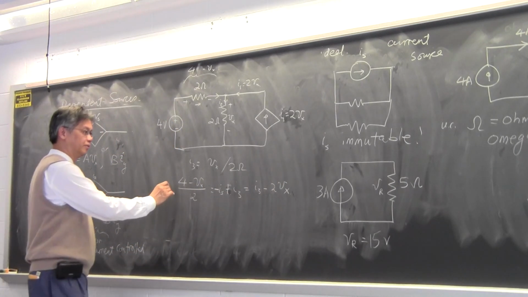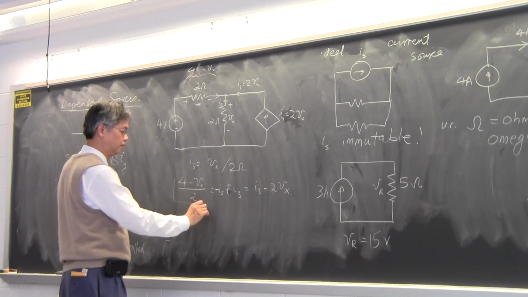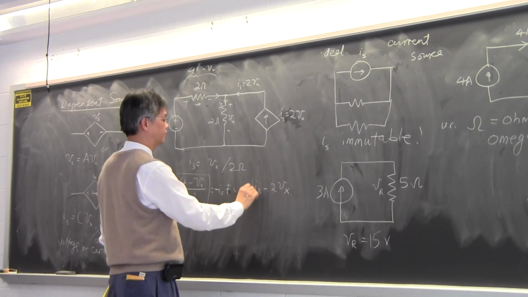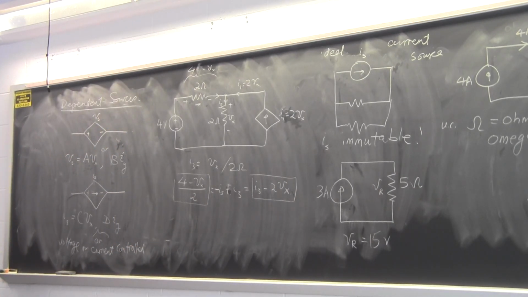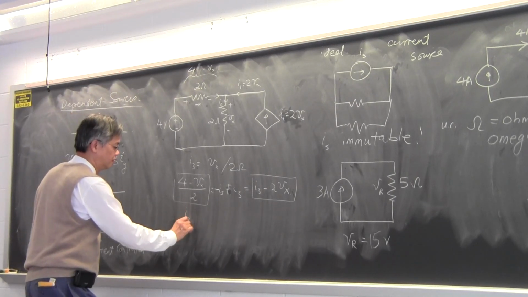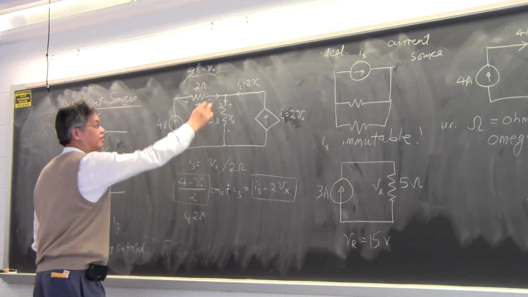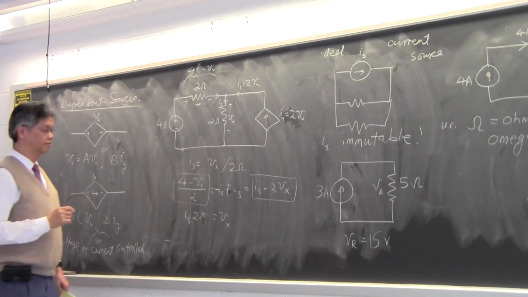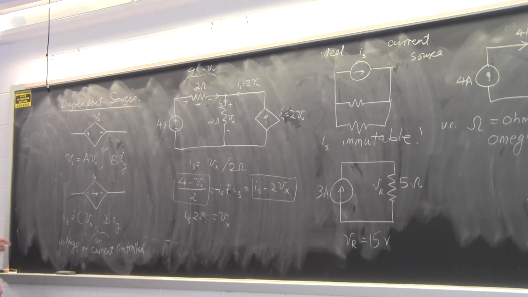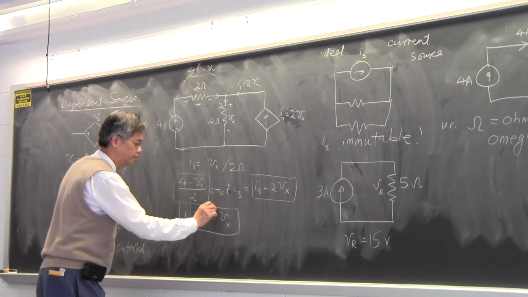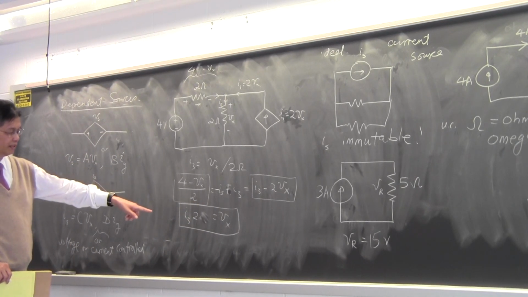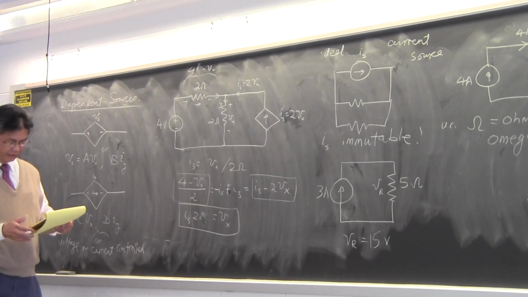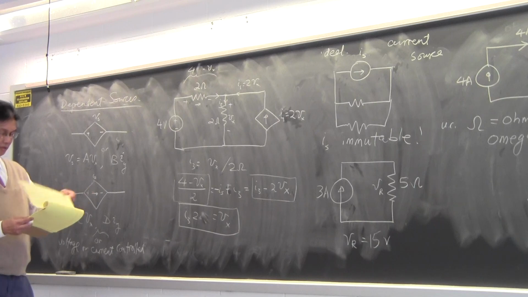So this equation has two unknowns, I suppose. I3 is not known yet. So this is Kirchhoff current law. And then I know that I3 times 2 ohms, I3 times 2, must be equal to Vx. So two equations and two unknowns, you can solve for them. You can substitute in Vx for I3, and then you can solve the two equations, you obtain your Vx, and so on. Do you want me to